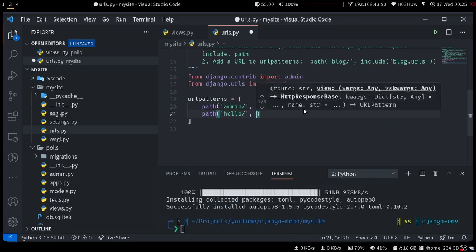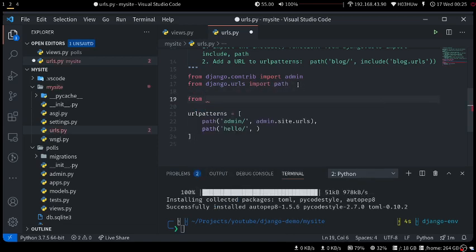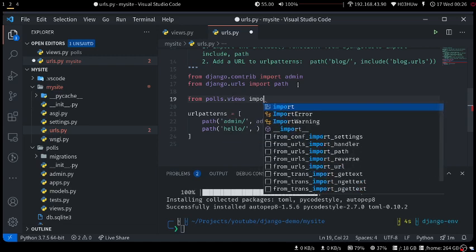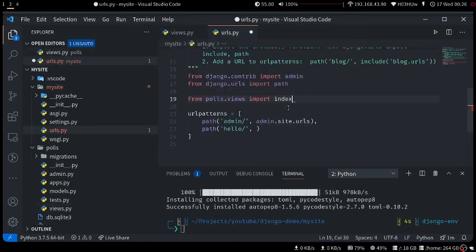Okay, and here we can import from, see what was the name of our app, polls.views import, what was the name of this function, index, right? So import index and import goodbye.